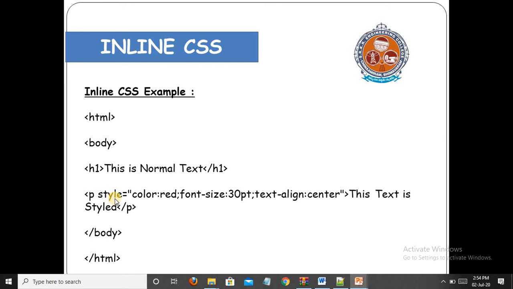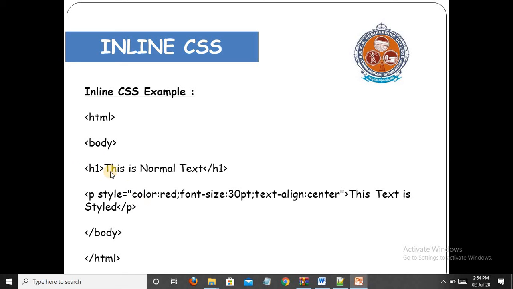For p, I have given style is equal to, then property colon value, color red. If you want to give another one, use the next, font-size 30 points. The next one is text-align center. So this is how inline CSS can be applied to a single element.